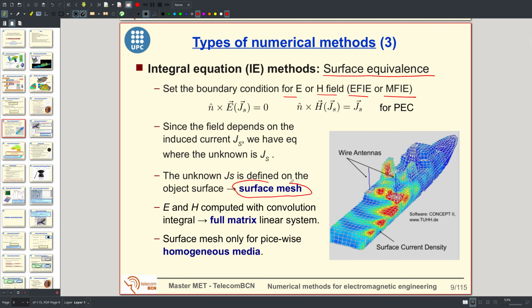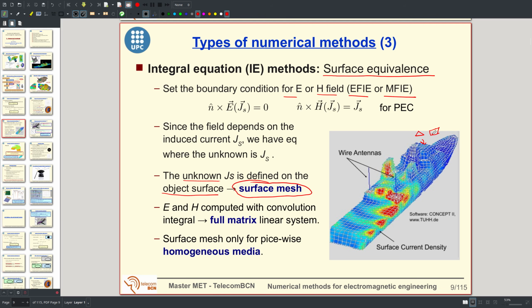So a very distinctive feature of the integral equation methods is that the unknown is defined on the object surface, so you only need a surface mesh, not a volume mesh like in finite difference methods. You only need a surface mesh. And of course, the surface mesh is usually divided in small triangles or small quadrilaterals, not necessarily rectangular, okay? Can be trapezoidal. But you need much less unknowns, much less discretization elements in a surface than in the full volume, okay? However,